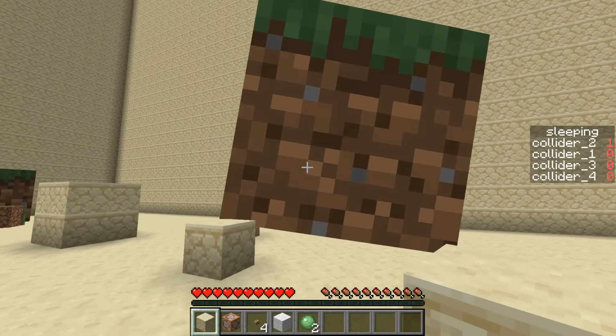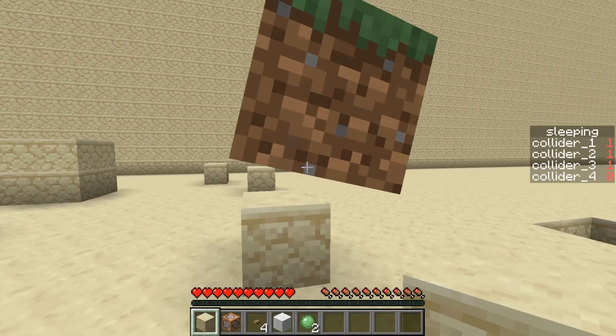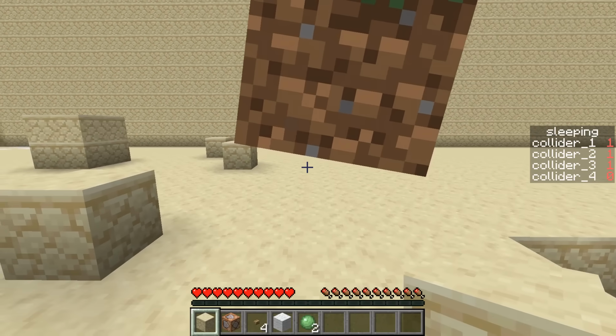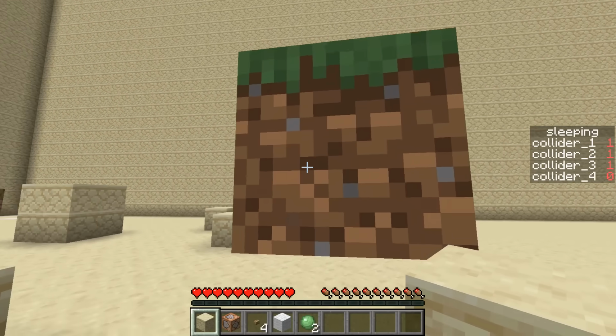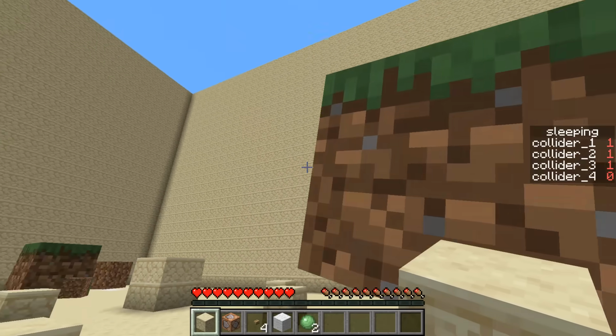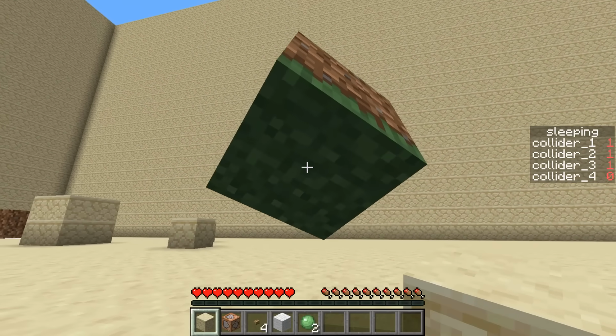At this point, the physics engine was starting to take up a lot more computing power. If you have a large cube like this one, it has to do a lot of checks for collisions with blocks. So at this point, I implemented a sleeping system. Basically, if a cube is moving slowly enough for long enough, it goes to sleep and the physics engine stops simulating it until it's hit by something. This allows there to be a lot more colliders spawned at a time, as long as some of them aren't